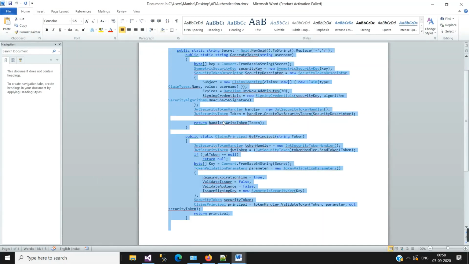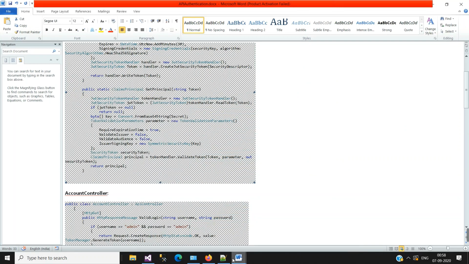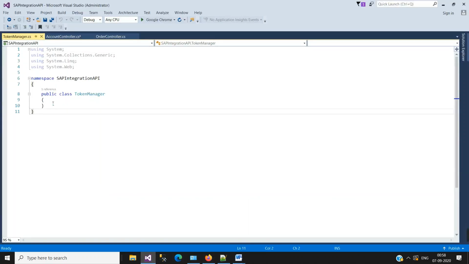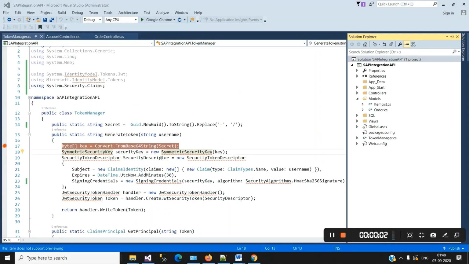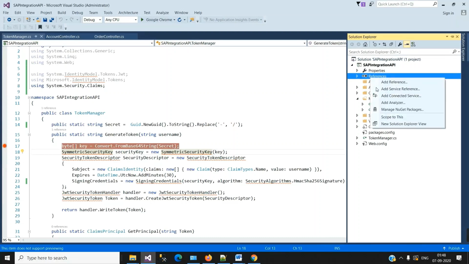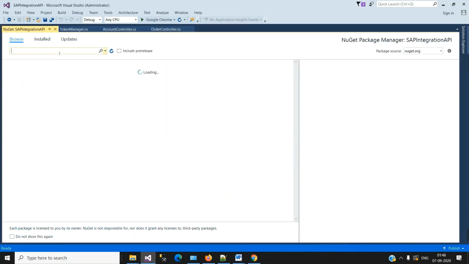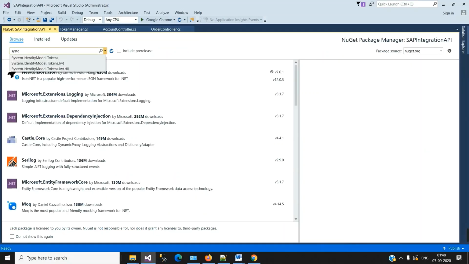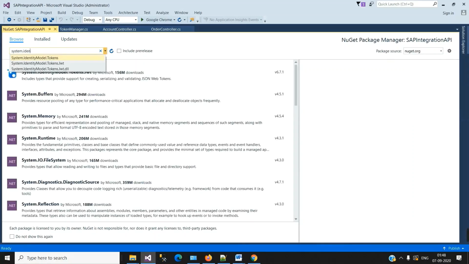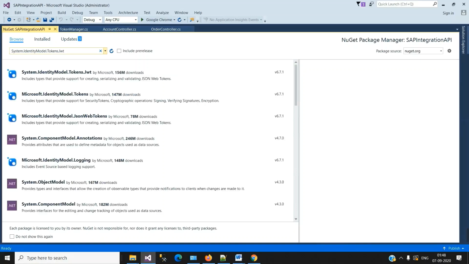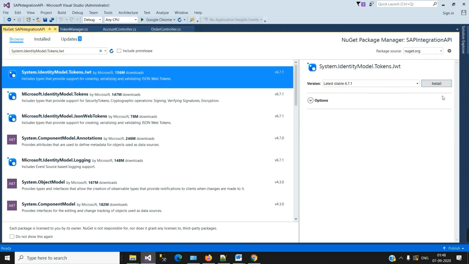Let me copy and paste it. To remove these errors, we will have to add some references from the NuGet package. The name is System.IdentityModel.Tokens.Jwt. So we'll add it.